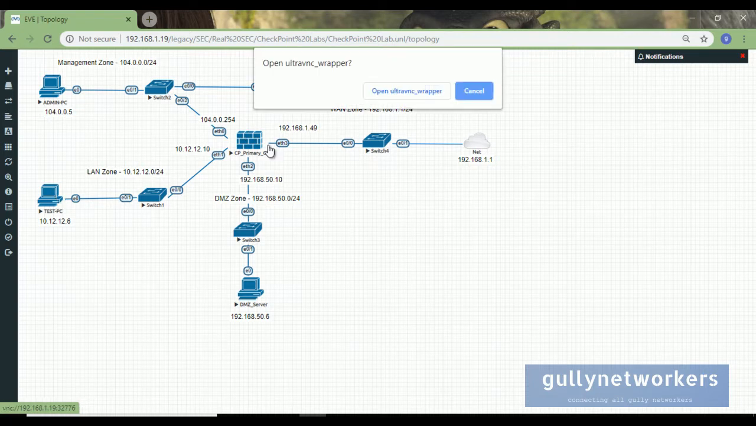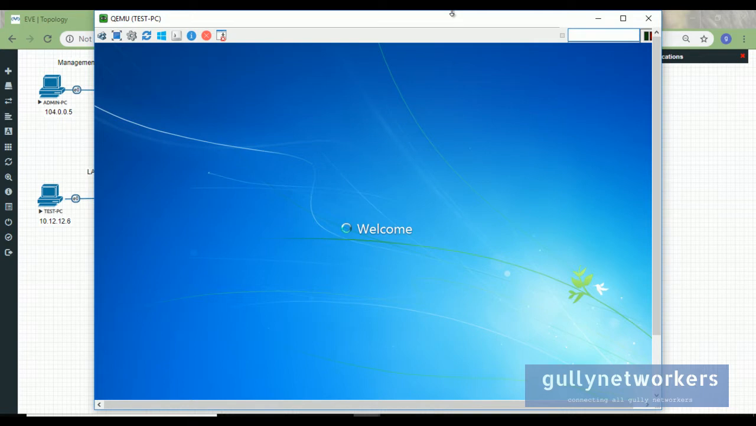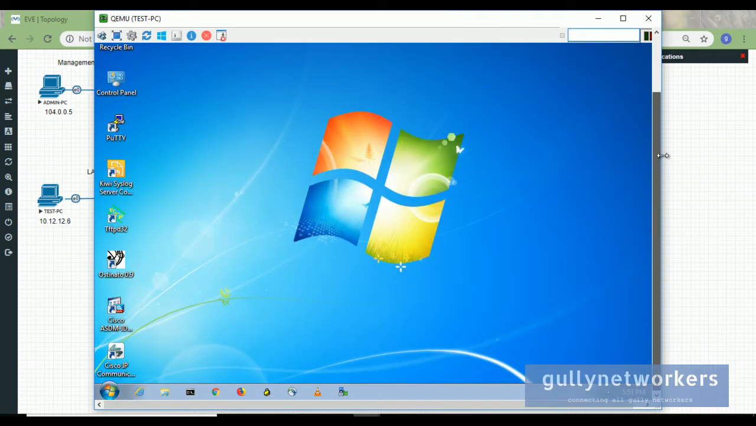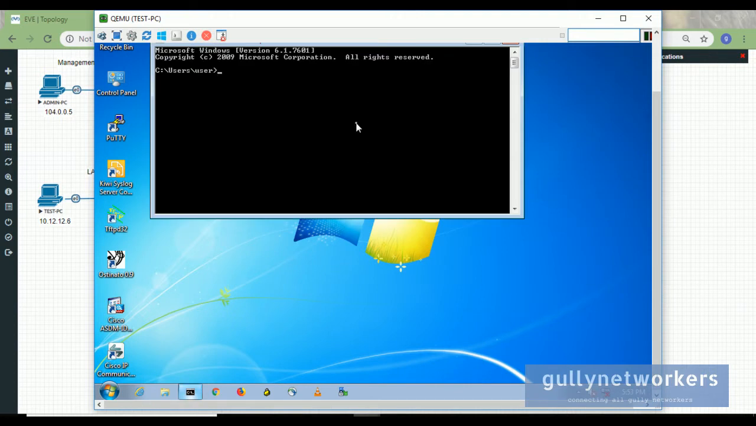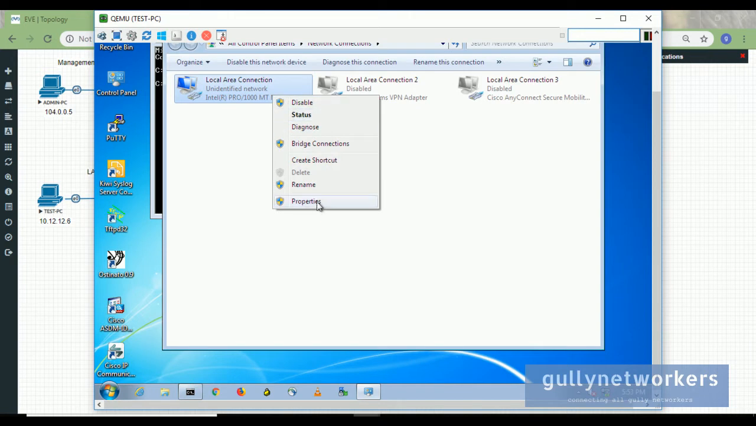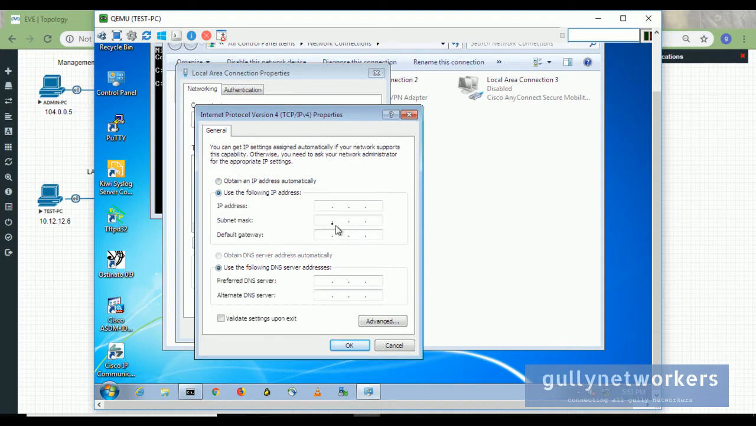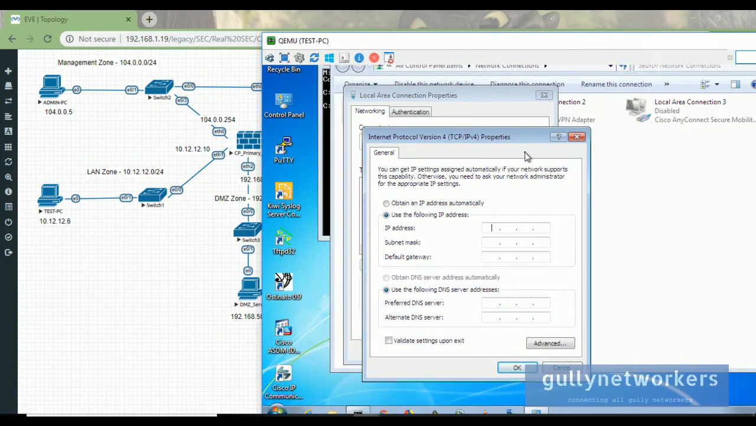So I'll click here and click open ultra wrapper, then enter the password test123. Okay, so I'll open the command prompt and go to my adapter settings using the shortcut ncpa.cpl. Now right click on it and go to the properties, click the IPv4 properties, click manual, use the following IP address and enter the IP